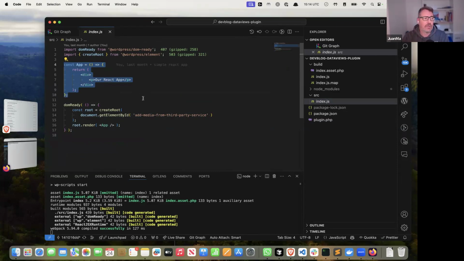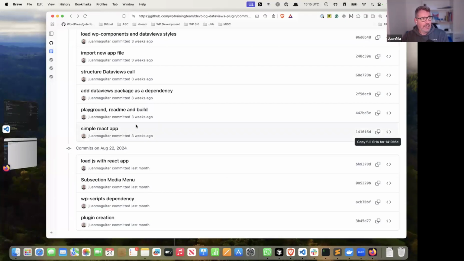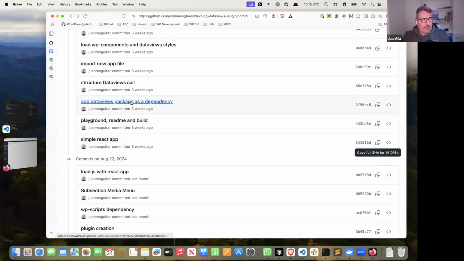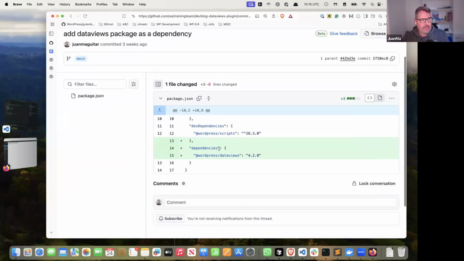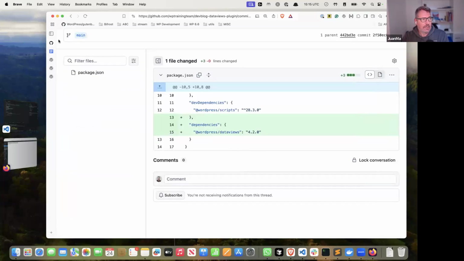So in our case, we are going to use inside this subcomponent DataViews and some other components. So that's kind of the first milestone of our project. And from there, we can continue. So I'm going to, in this step, here we can see how we can install